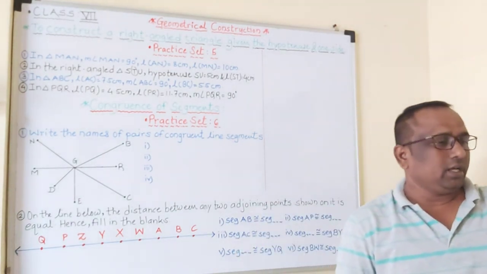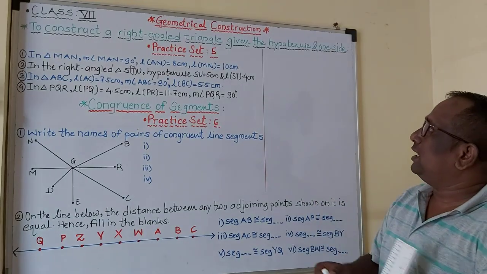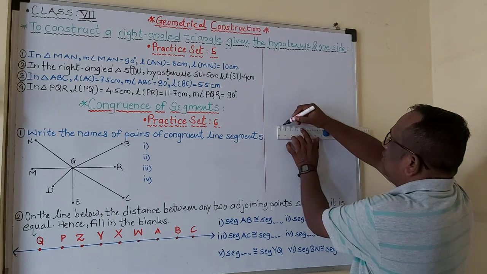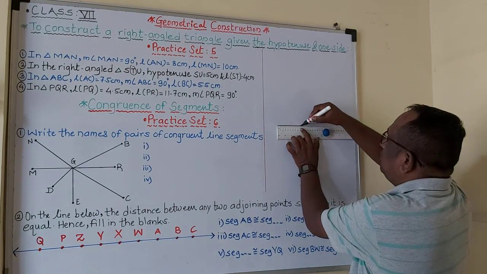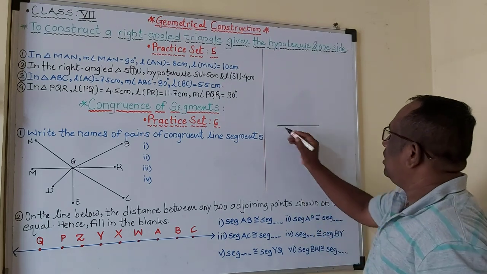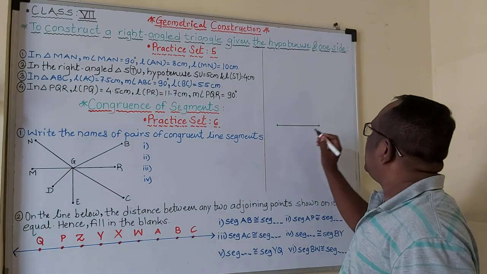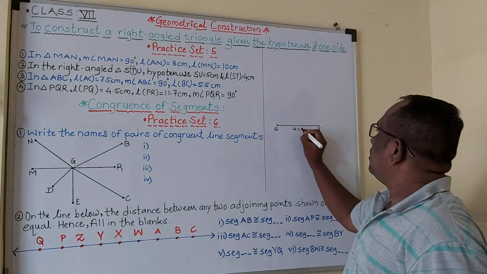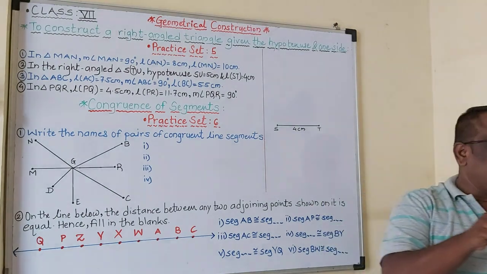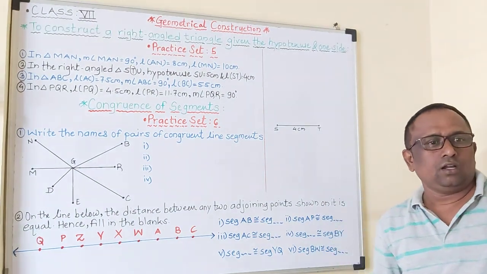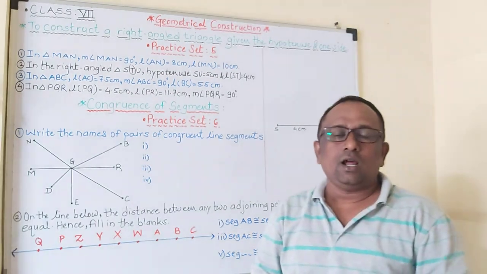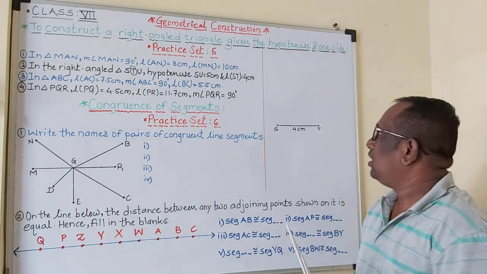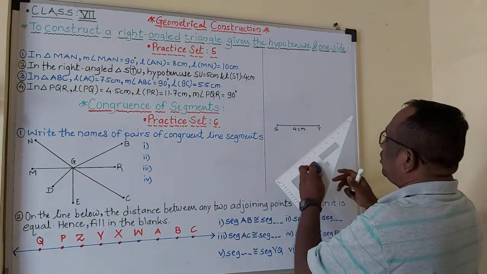Okay, now see, first the baseline ST, that is 4 centimeter. I draw it here. This is my 4 centimeter, students. To show you, I am not taking the exact measure. So this is ST and the distance is 4 centimeter. Now here you can draw a straight line directly, but it is better to use this 30, 60, 90 set square.